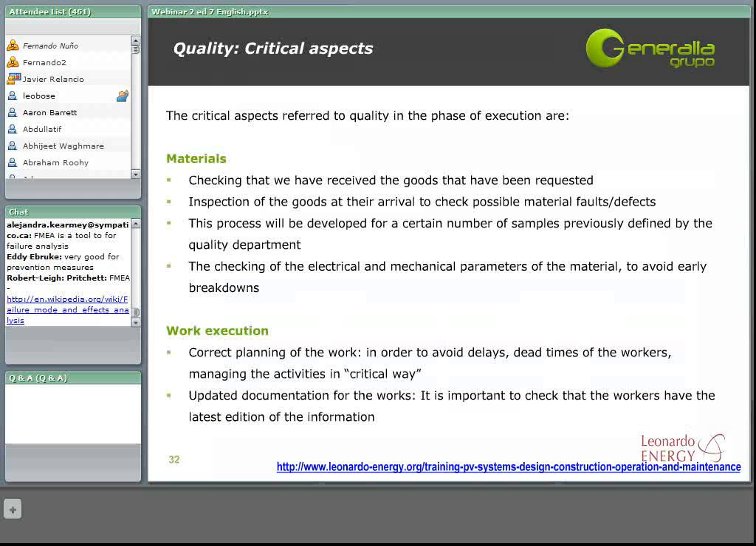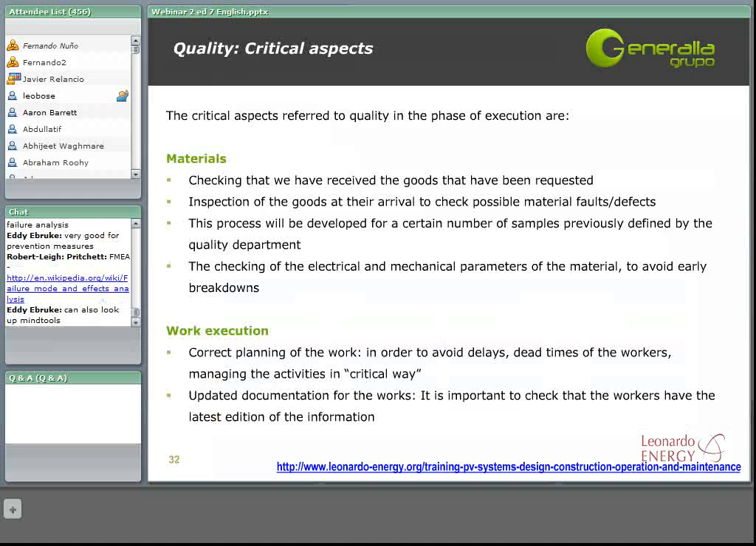The most critical aspects will be the materials and the work execution. The list of tasks that we should do to check the materials would be checking that we have received the goods that have been requested and that we have received all of them, doing an inspection of the goods at their arrival to check for possible material faults or defects, and then checking the electrical and mechanical parameters of each of the elements and materials in order to avoid early breakdowns of the elements